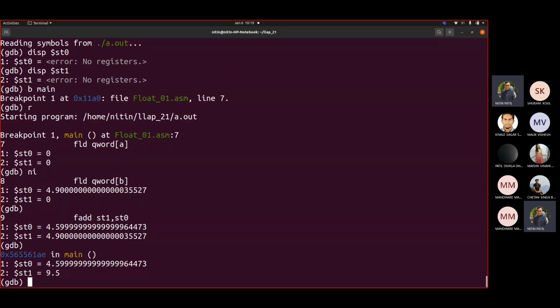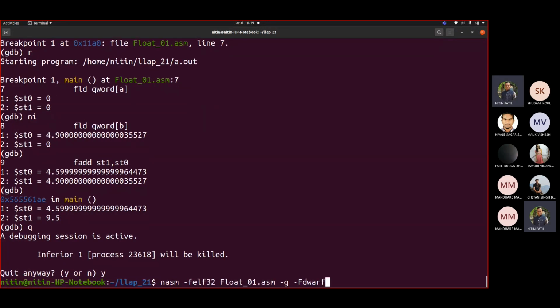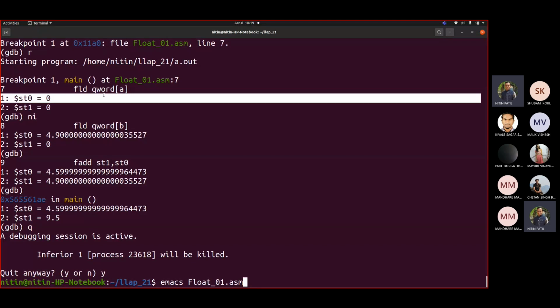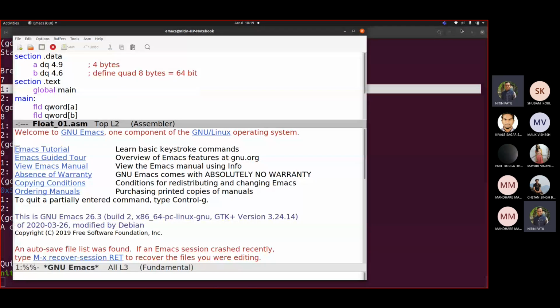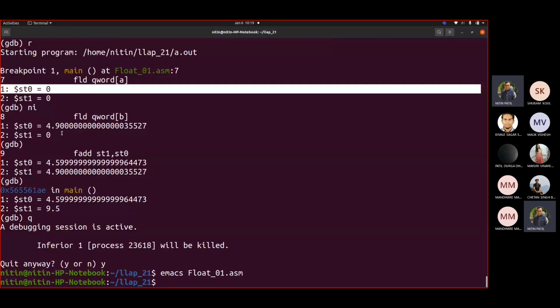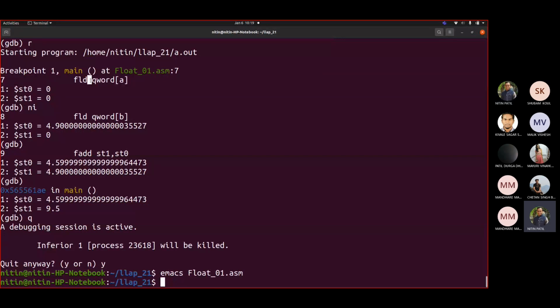So that is possible. But now what we did was we changed the order of registers, correct? Can I load it directly into st2? Okay, so I cannot directly access these registers in an FLD kind of instruction or a load kind of instruction. When we say FLD, it will always store the value with st0 only. Whenever you are using this FLD instruction, it will always load into st0.